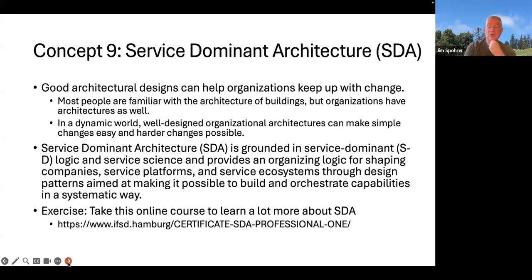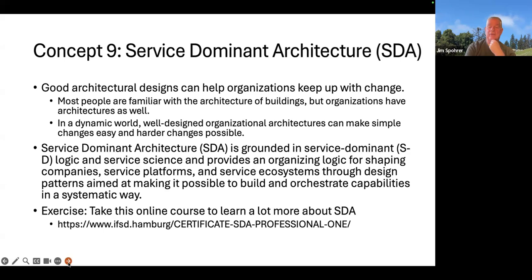Concept 9 is service dominant architecture. Good architectural designs can help organizations keep up with change. Most people are familiar with the architecture of buildings, but organizations have architectures as well. In a dynamic world, well-designed organizational architectures can make simple changes easy and harder changes possible. Service dominant architecture is grounded in both service dominant logic and service science, and provides an organizing logic for shaping companies, service platforms, service ecosystems